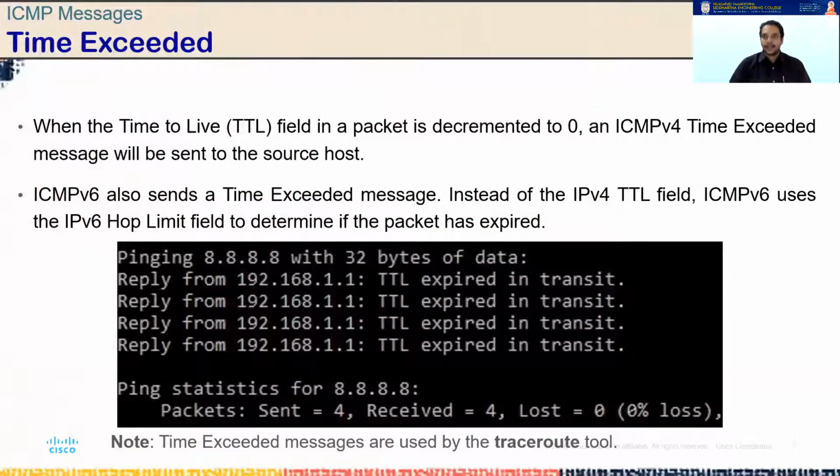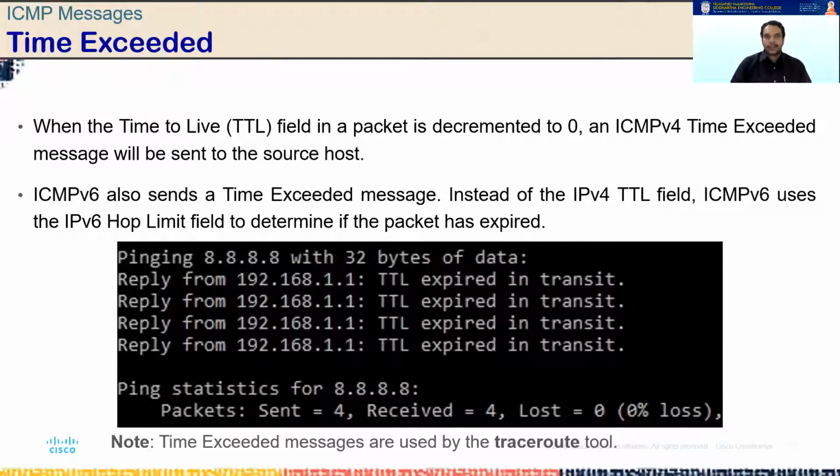The third one is the time exceeded messages category. Usually, everyone knows that in the IP packet header, we have a field called the TTL field, time to live. The same type of field, though it's not named TTL, is called hop limit in the IP version 6 header. We discussed this in earlier modules. If a packet's TTL field comes to 0, or the hop limit decrements to 0, a time exceeded message is sent back to the source indicating that this has happened.